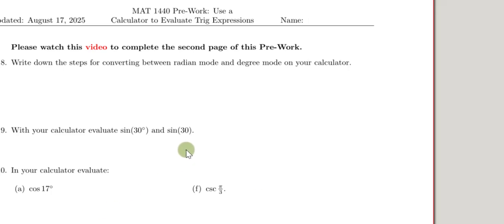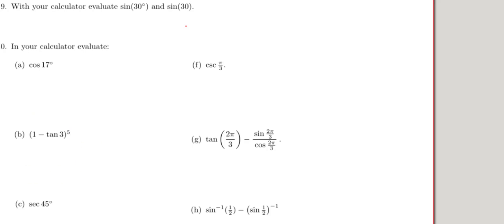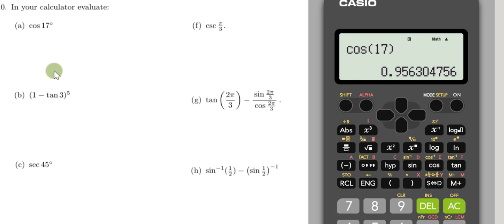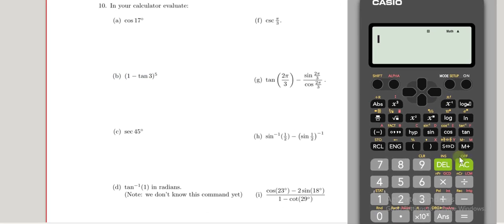I'm going to have to scroll down here. So let's go ahead and do the next question. Let me see if I can get to where I can see all of these. So let's go ahead and enter in this expression. So now I've got a combination of algebraic operations as well as evaluating trigonometric expressions. So let's go ahead here. We want to take 1 minus the tangent of 3 and raise that result to the 5th power. So I'm going to have to put an open parentheses here, 1 minus, and then we can go ahead and